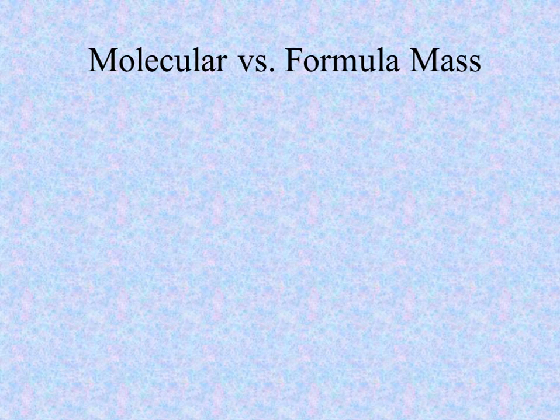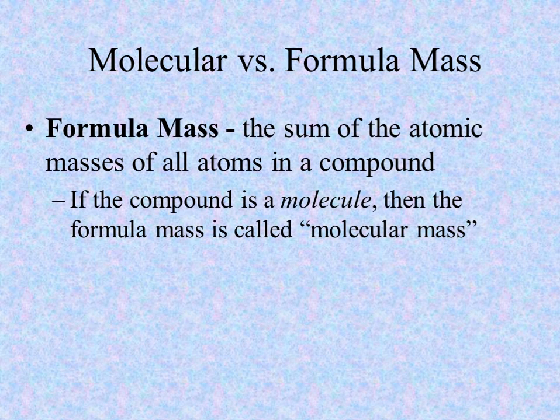The difference is in the context of what you are referring to the mass of, whether it's a single unit, a single atom, a single formula unit, or a single molecule of the substance, or in the case of molar mass, if you're talking about a mole's worth of that substance. Now, the term formula mass is the most generic of all terms. It simply means for all the elements present in the formula for the compound, you add up their atomic masses